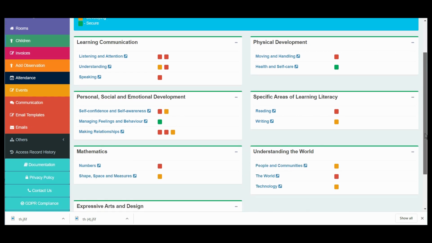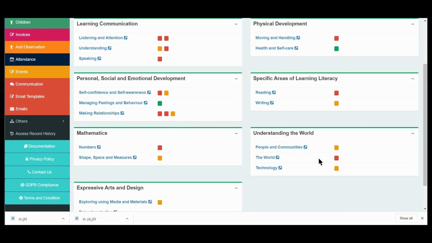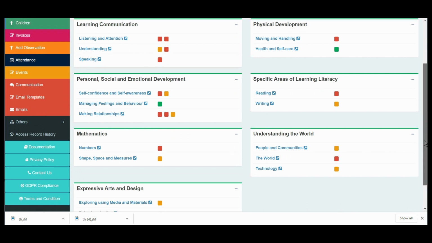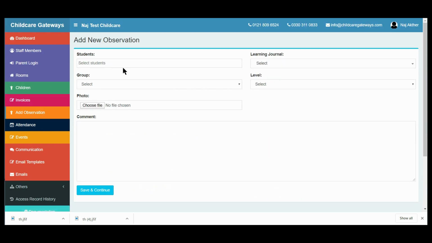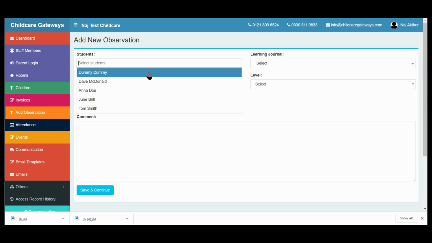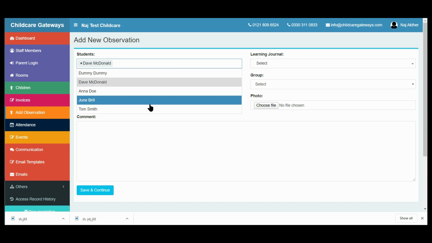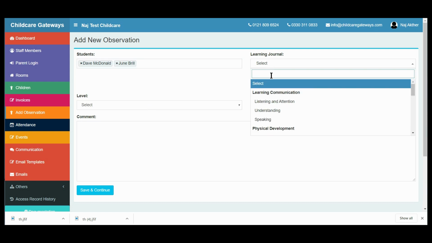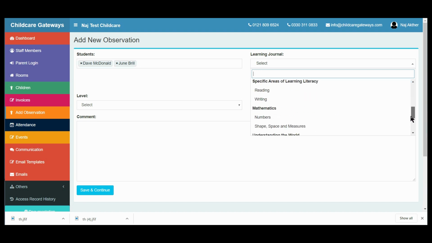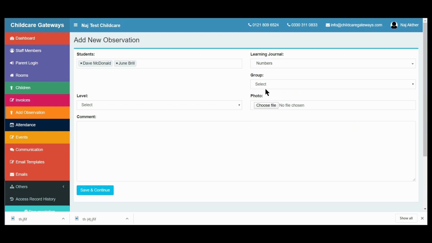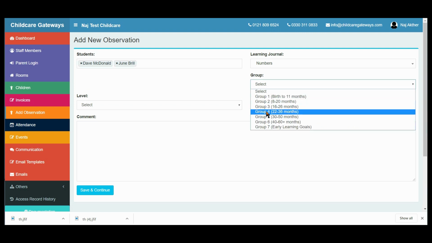This is one way of adding the learning journal. We have created a new feature where you can add the observation on by clicking on the menu Add Observation. Here you can add more than one students or children. Select the subheading for the learning journal. For example, numbers. I'm going to select the group